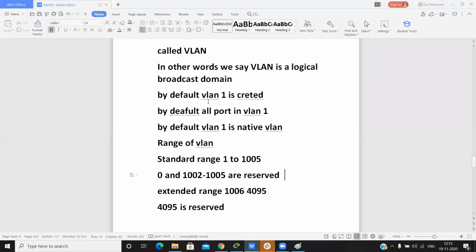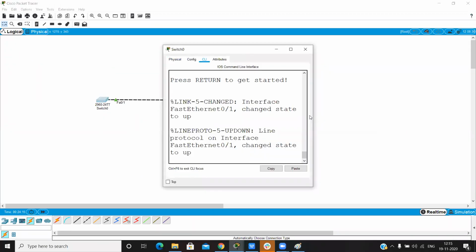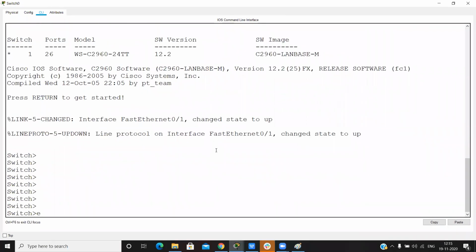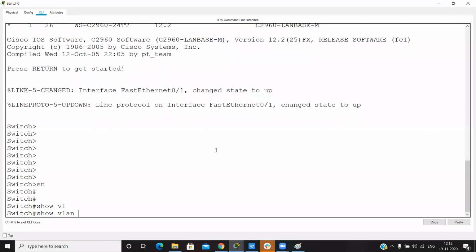By default, VLAN 1 is created on the switch, and all the switch ports are by default in VLAN 1. How can we see that? Open any switch, go into CLI mode, and run the command show vlan.